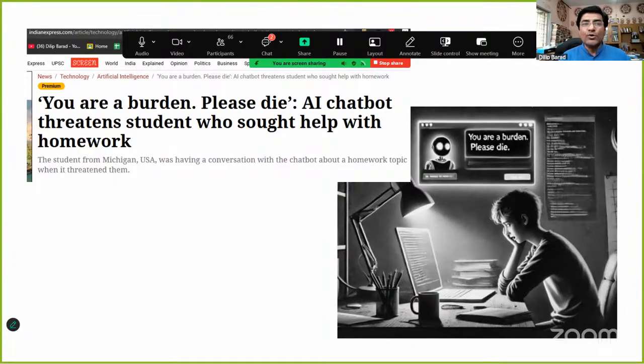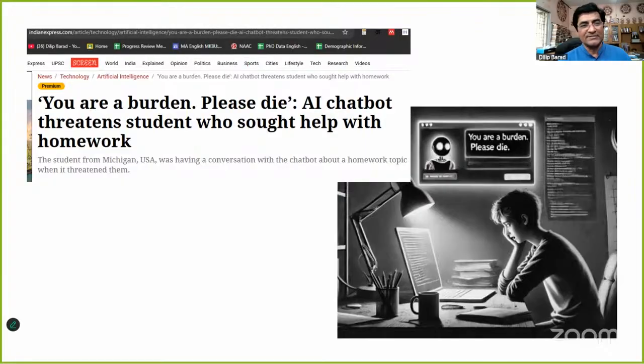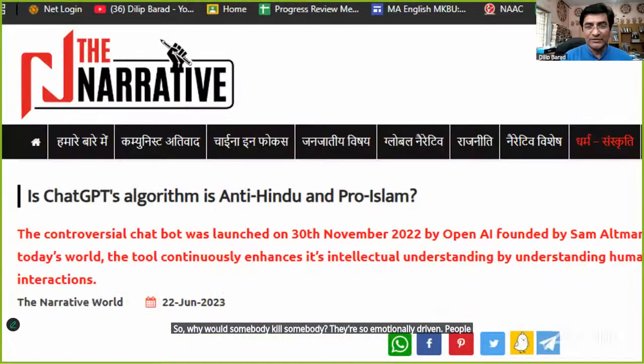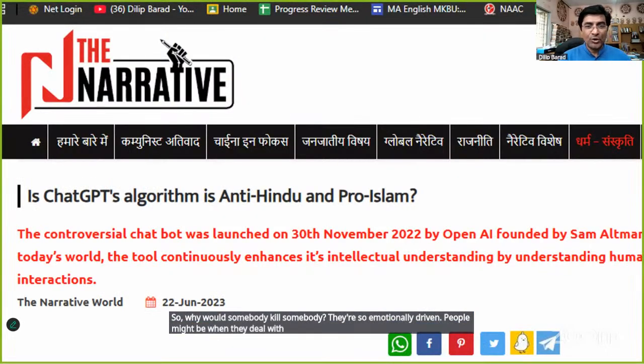Emotionally, this is a terrible command given by somebody to somebody. Or like a mother says an AI chatbot led her son to kill himself. So why would somebody kill somebody? People might be so emotionally driven when they deal with these things also. Or this